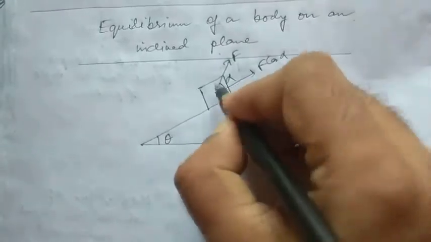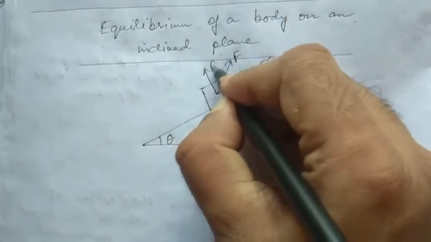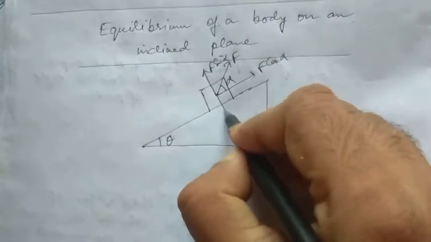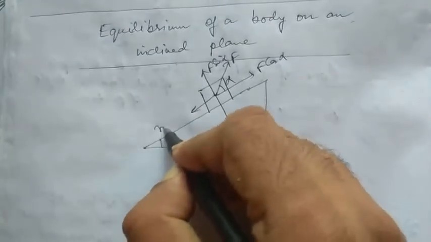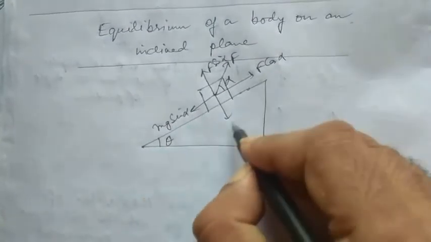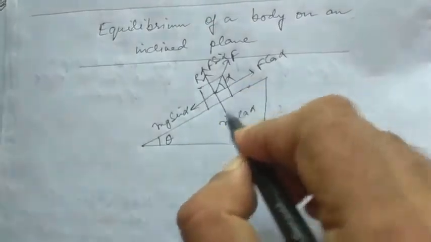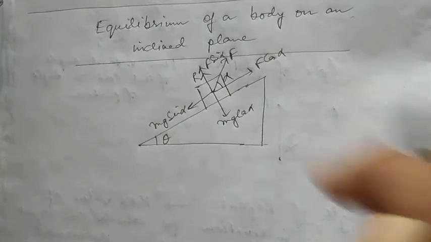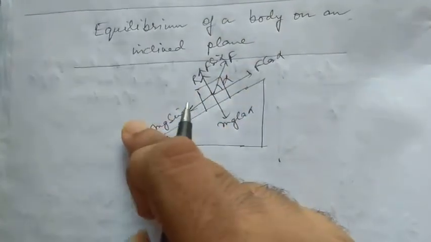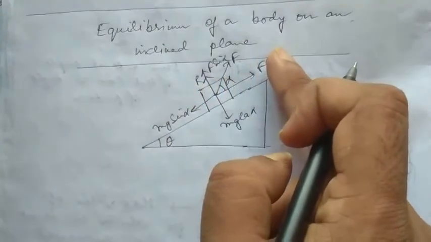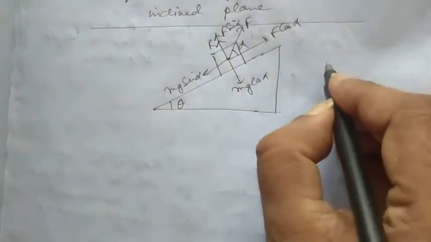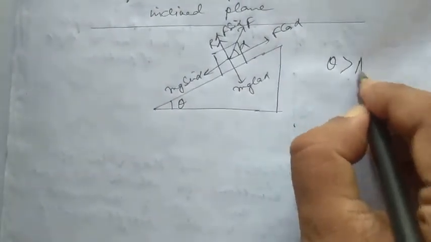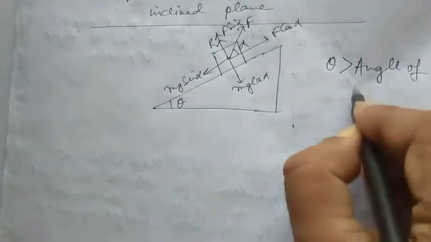So F cos alpha and F sin alpha are the two components of this force. Also, we have learned how to break up mg into two components, mg sin alpha and mg cos alpha, and also the reaction force is acting in the opposite direction. So these are the breakup of the forces that we need here. So F is the external force applied on the body to pull the body in the upward direction of the inclined plane. So we can get two equations. Now one thing you must keep in mind, that theta is greater than the angle of repose.